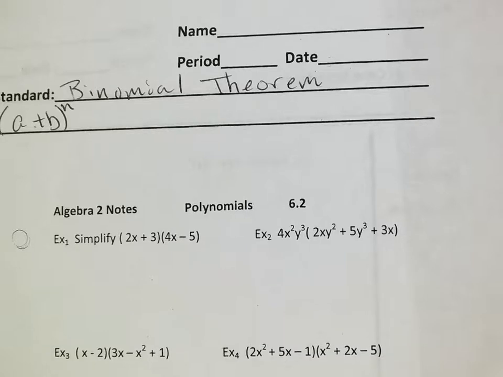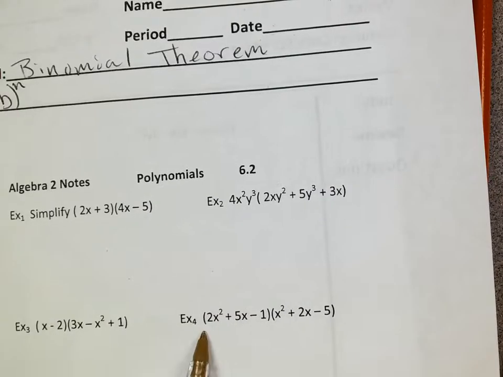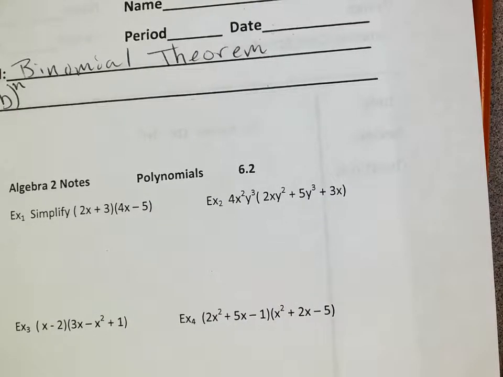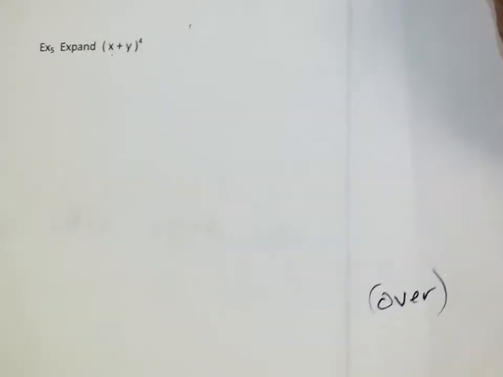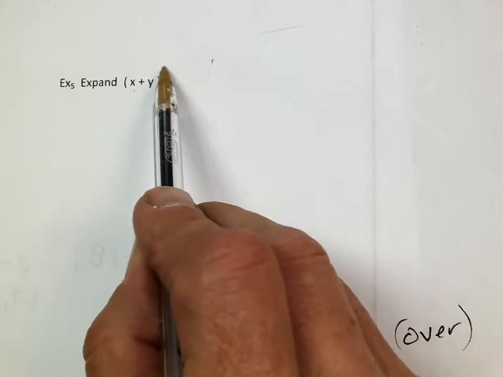Okay, so examples 1, 2, 4, we're going to come back to. They're actually the easy ones. They really are. Let's look at example 5. So right off the bat, expand. So remember, we started with, okay, it is to the fourth power. So if we look at our notes